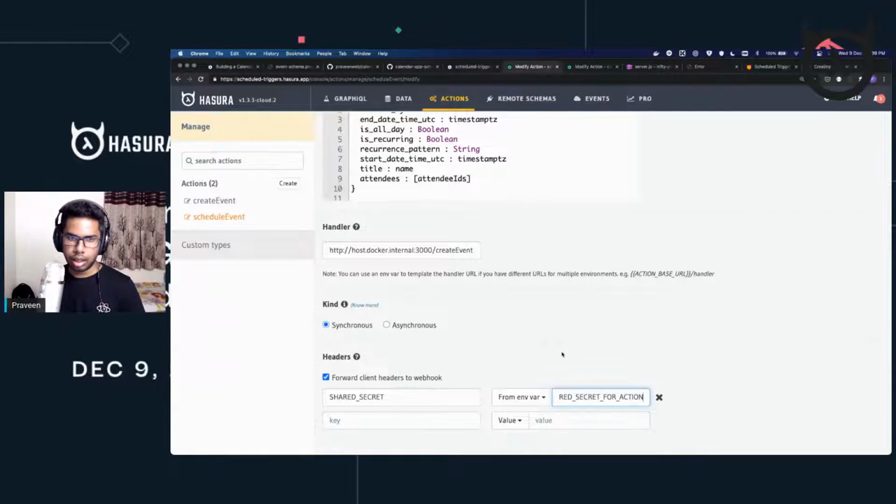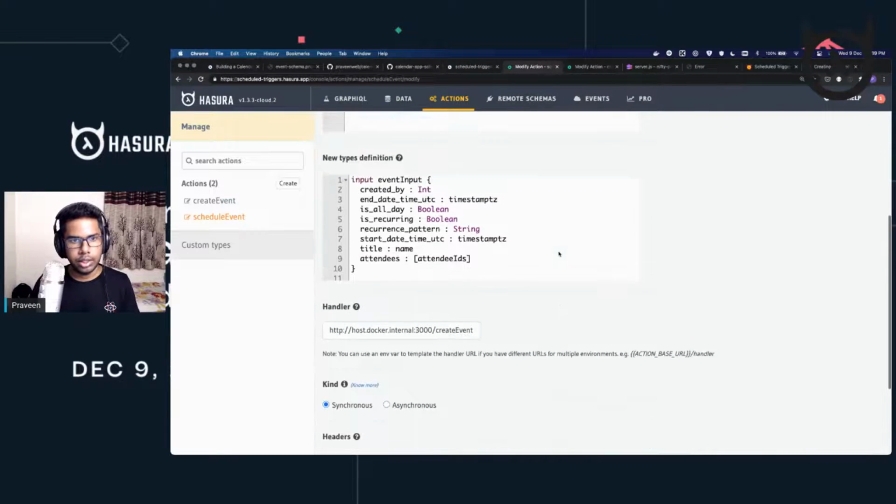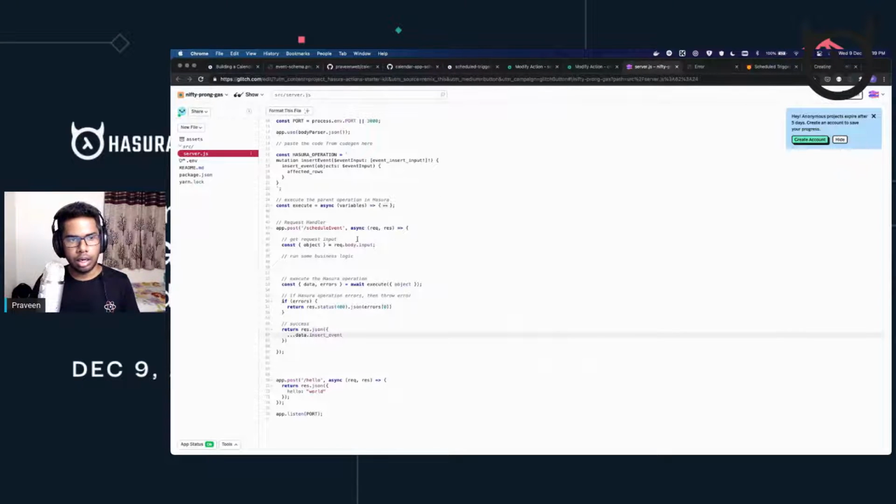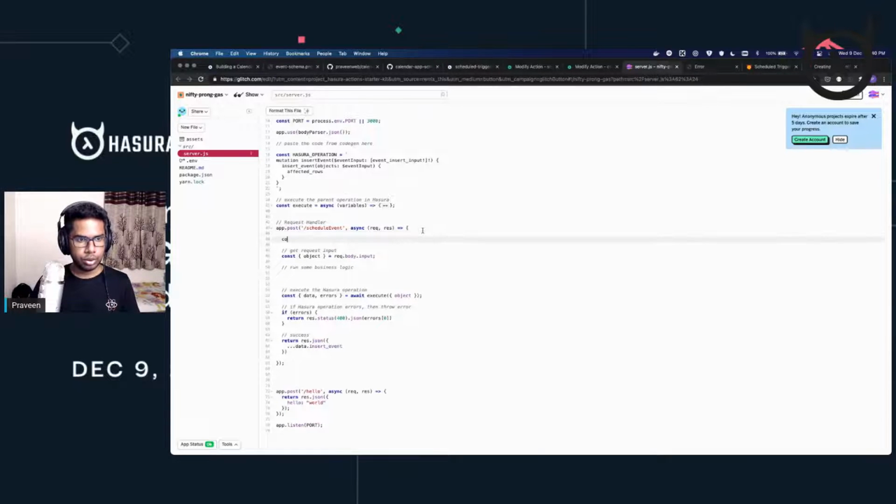So we define a common environment variable between Hasura and your custom logic server, in this case, the Node.js server. And then in the headers, we will actually try to read the common secret. So, for example, I would do